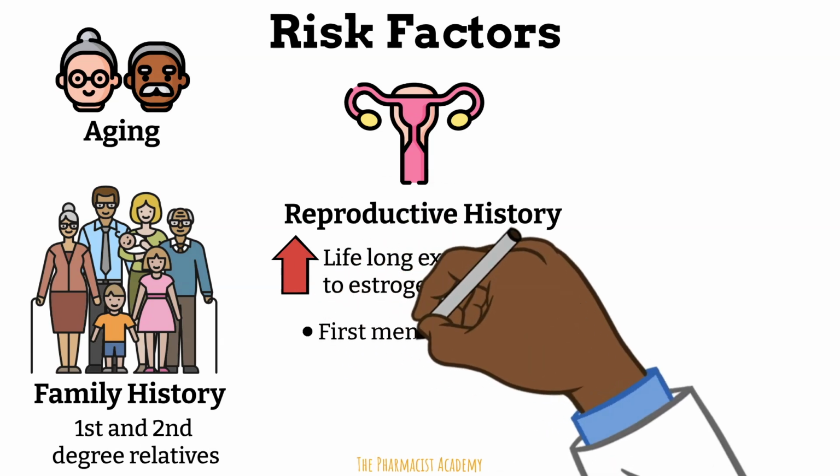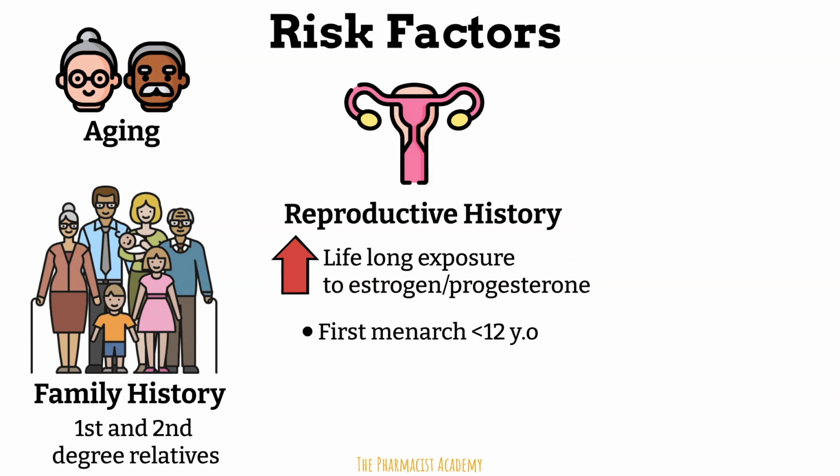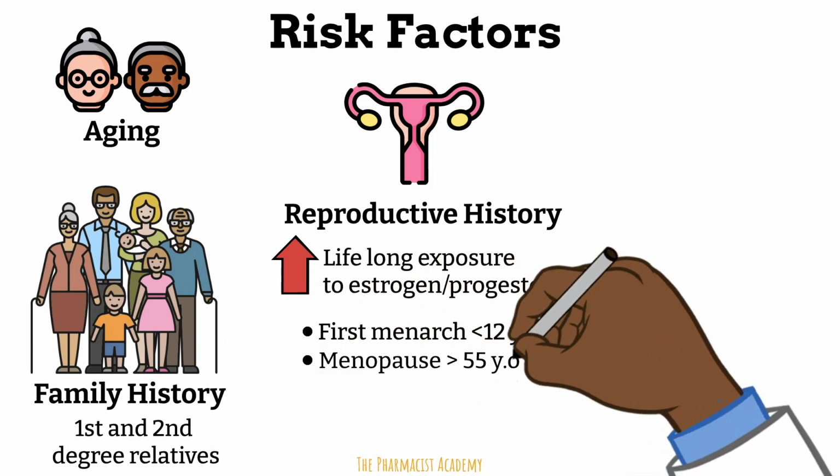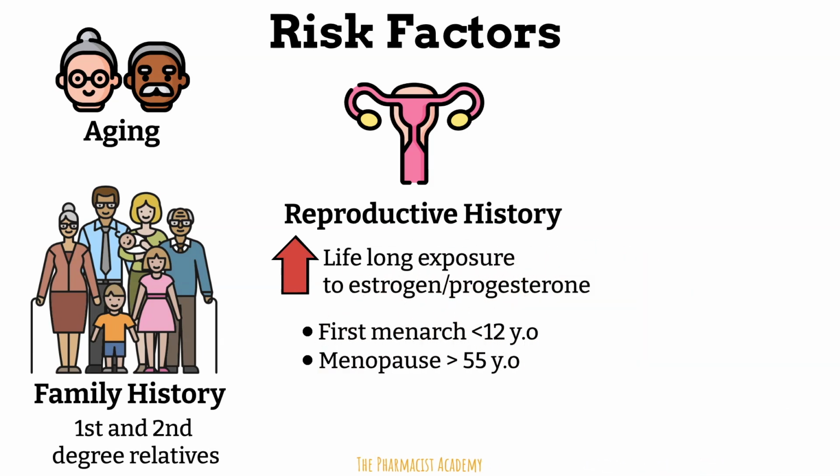So having your first menses under the age of 12, this means the female's breast tissue will be exposed to estrogen during her menstrual cycle. This means a greater lifetime exposure. Having a late onset of menopause can also increase your risk because during the menopause, the ovaries pretty much stop making estrogen and progesterone. So if you have a late onset of menopause, it means there is a greater lifetime